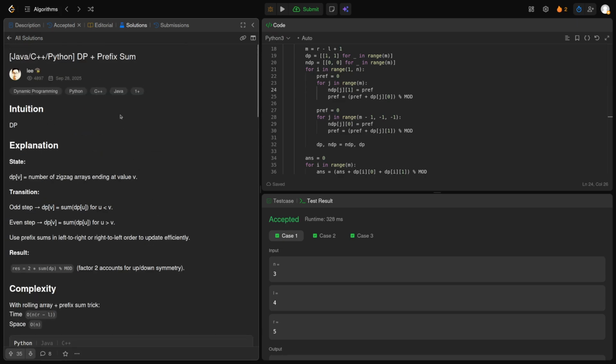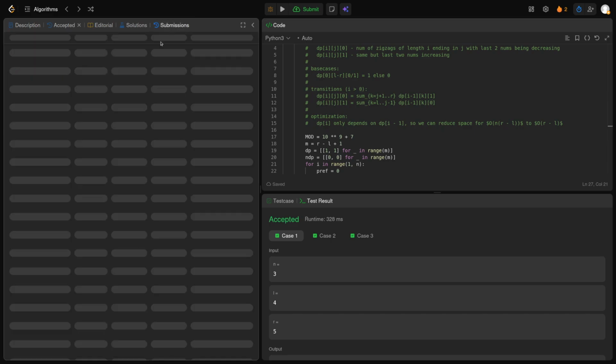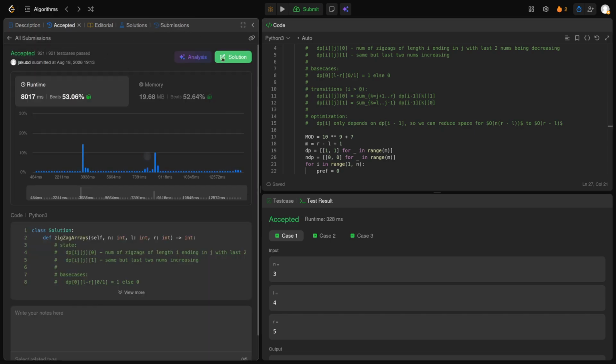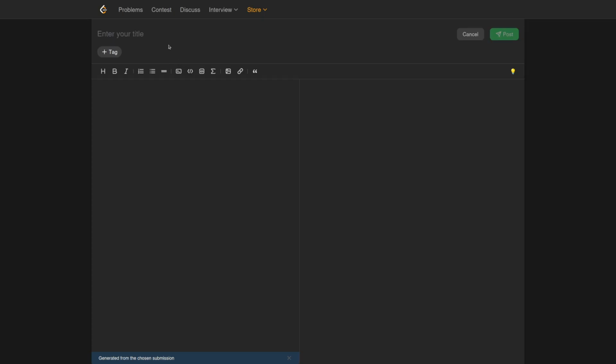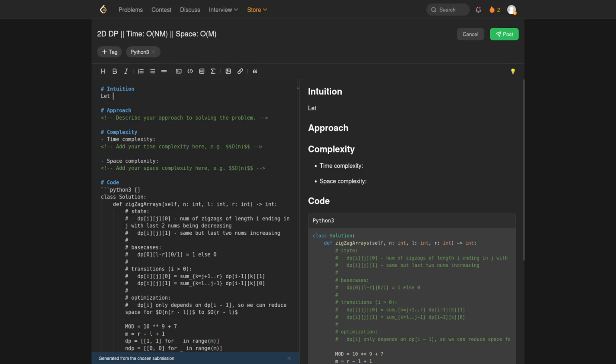I guess, I mean, makes sense that you can do DP on the other part. I'm surprised actually that I got this, to be honest, but 2D. Okay, so let n be r minus l,